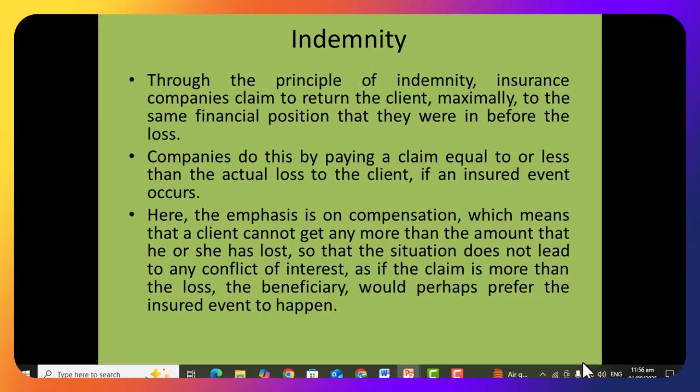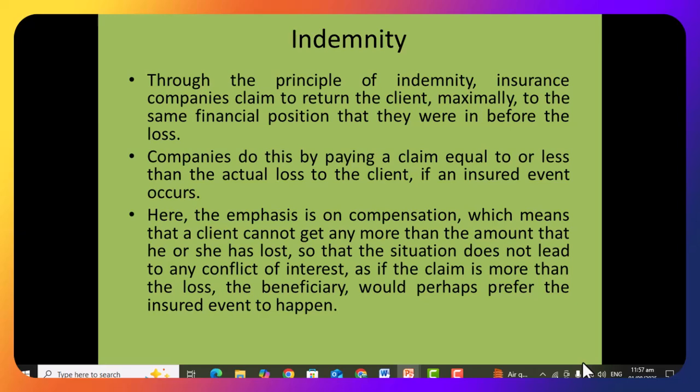Here comes the depreciation principle as well. Depreciation is charged on the partial loss in which parts are replaced in a vehicle. Like in motor insurance, if there is a partial accident, partial loss, and some parts need to be replaced, then the depreciation principle applies on those parts under the indemnity concept.